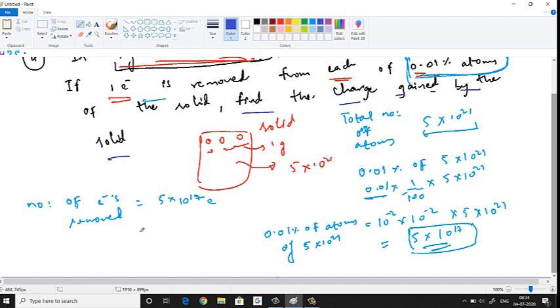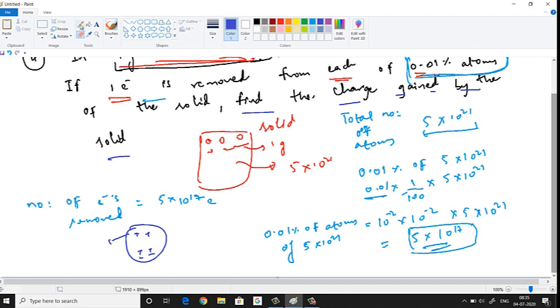See, I told you this concept before also. In an object, if it is neutral, it has positive, negative, positive, negative, positive, negative. Positive charge is 4. How many negative? 4. So what is the net charge? Net charge is 0. Now suppose I remove 4 electrons. Okay, 4 electrons are removed. So how much is the charge left? Plus 4. What is the net charge? Plus 4. Suppose I don't remove all the 4 electrons, I remove only 2 electrons.